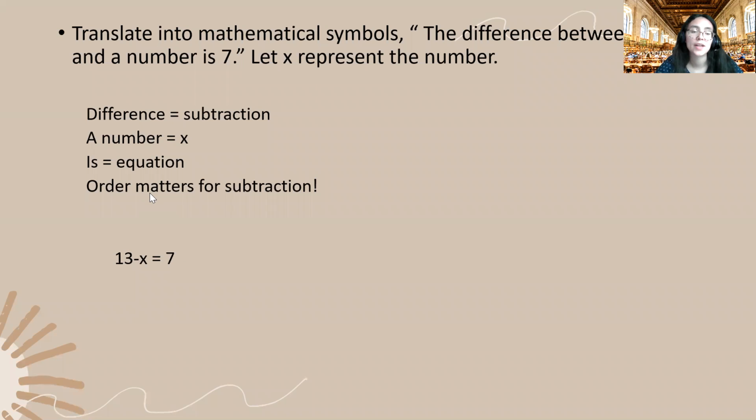So we're going to move on, and I definitely encourage you to also break down all of your sentences or phrases like this. Write down any keywords or vocab words that you see, and write, to the right of them, what they mean. Break down things like a number as, into the variable. Look for words like is, because it will tell you that you have an equation, that you have two variable expressions, one on the left and one on the right. And also this part right here where the order, it will help you if you write down your vocab word, because we know that for addition and subtraction,